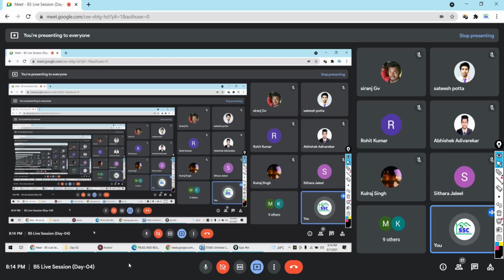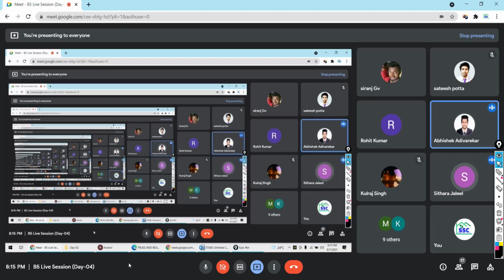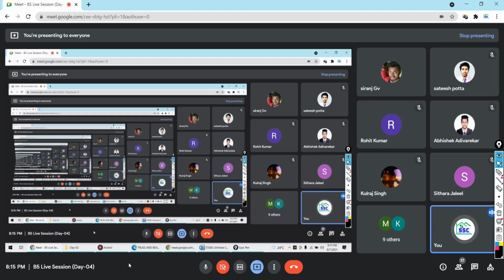Here we also learn what the different types of axis systems are: local axis, global axis, natural axis. These are all the different axis systems, and how to see the axial forces, how to see the shear force, which axis is the major axis, and which axis is the minor axis. So all these things you will learn in this section.